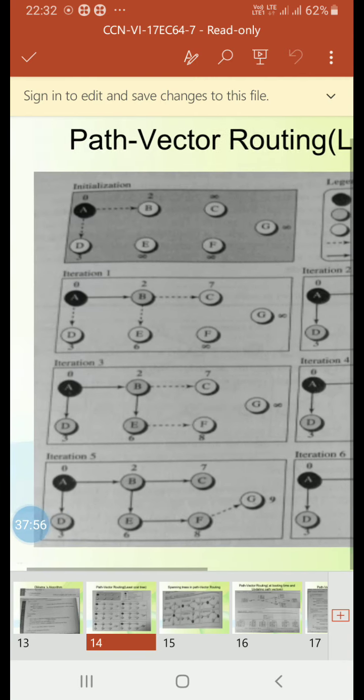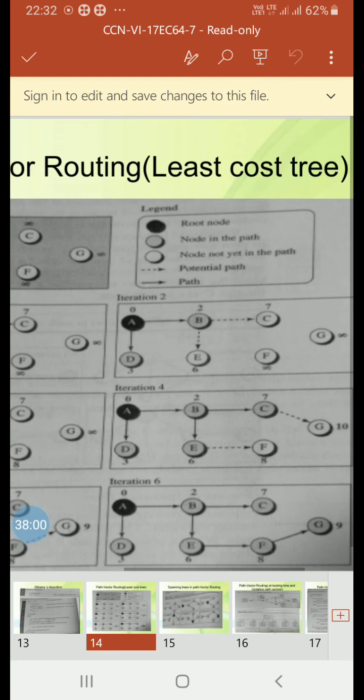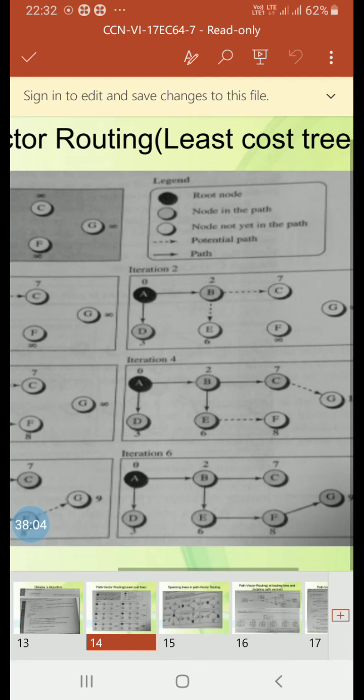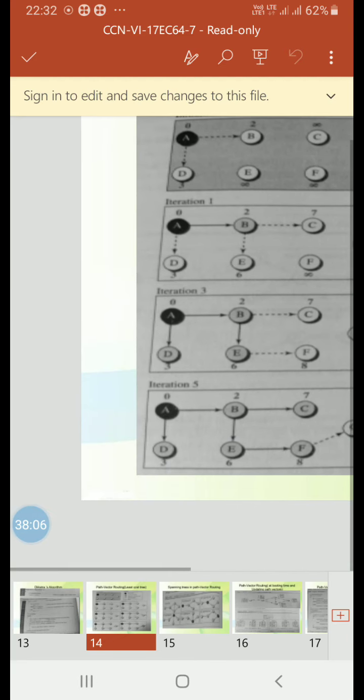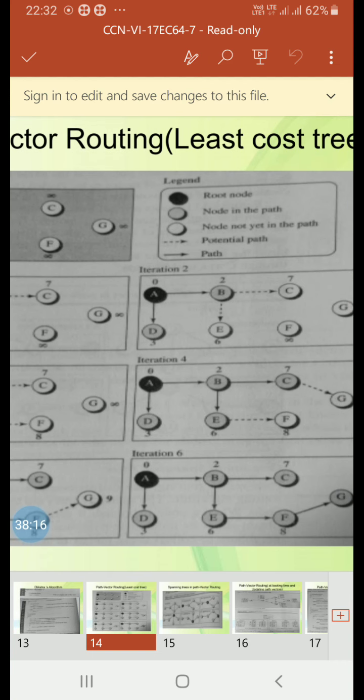This is the first iteration, second iteration, third iteration, iteration 4, iteration 5, and iteration 6. So six iterations to find the least cost tree after initialization.